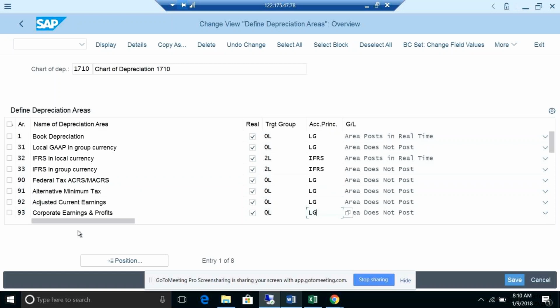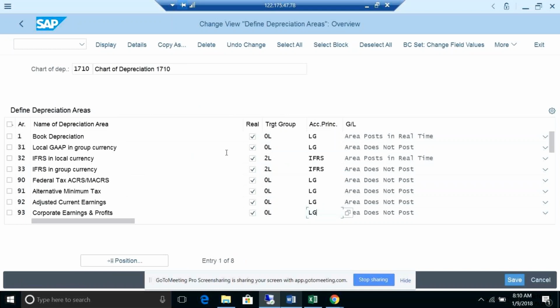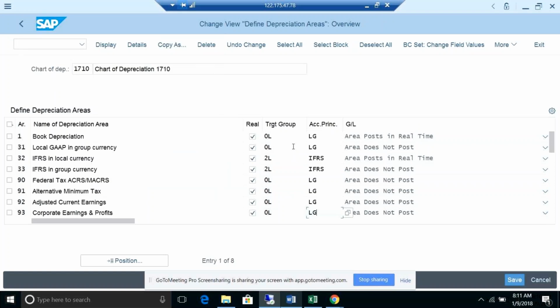Okay, but the actual thing we need to understand here is that earlier we didn't have this dimension, and we needed not to sync up here. But now, first of all, whatever requirements you are receiving from the clients, for those you need to do the setup for the ledgers and the accounting principles in the GL part. Then you need to go further and sync up in the same way for the asset accounting. And one thing is this, and the second thing is the currencies part.